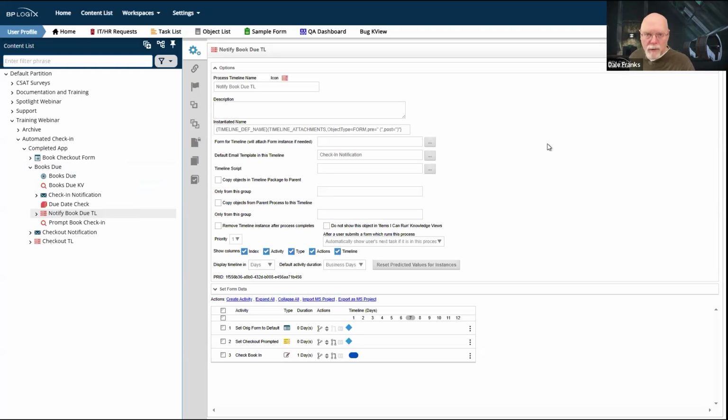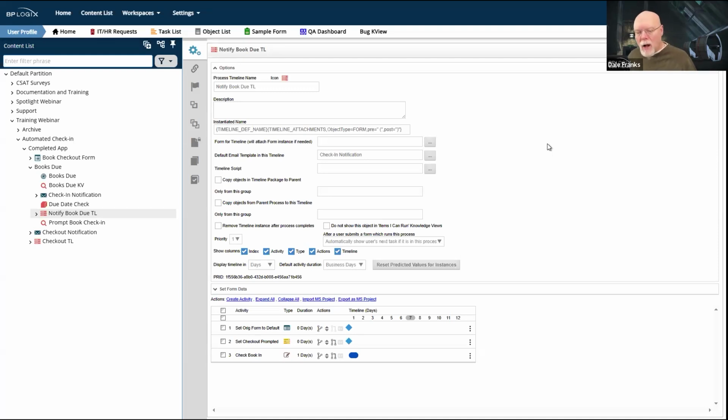We have a knowledge view that we're going to look at in a little bit that is scheduled to start this process for each row in the knowledge view. That knowledge view will return all of the books that are due, and it'll have however many rows I decide it has when I go back in and edit some of the form instances. And for each row, however many it is, 2, 3, whatever, it's going to kick off this process.